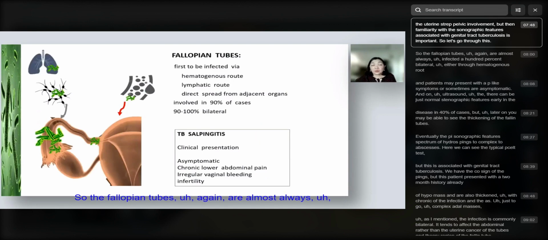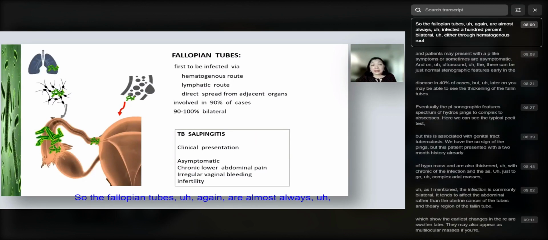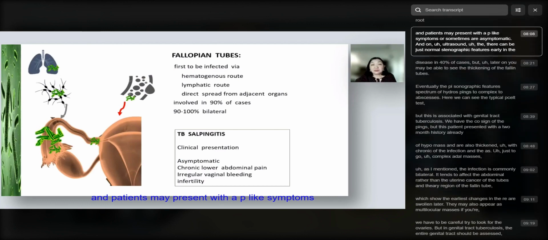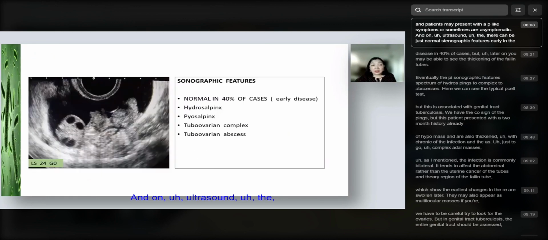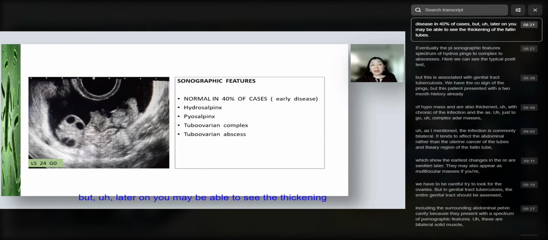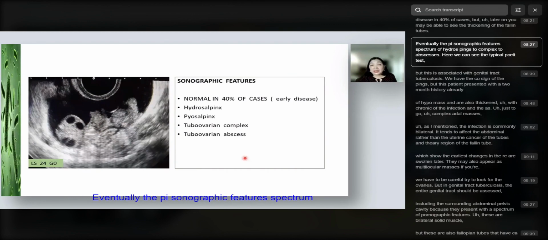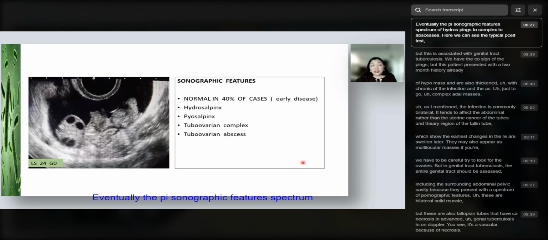So let's go through this. The fallopian tubes, again, are almost always infected, 100% bilateral, either through the hematogenous route, and patients may present with PID-like symptoms or sometimes are asymptomatic. On ultrasound, there can be just normal sonographic features early in the disease in 40% of cases, but later on we may be able to see thickening of the fallopian tubes, eventually the PID sonographic features, a spectrum of hydrosalpinx, pyosalpinx,